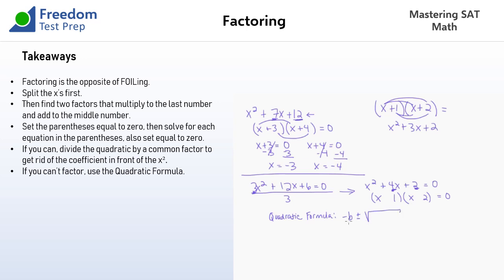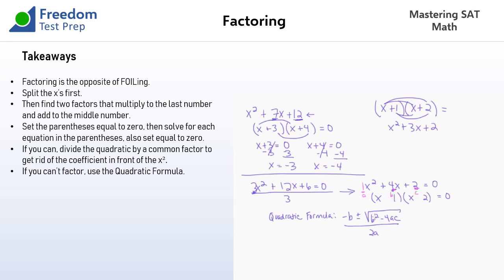Okay, so we've got negative b plus or minus the square root of b squared minus 4ac, and the whole thing is over 2a. Now, let me explain. So for this equation, we have an implied 1 here, okay? So this is a. The number attached to the x squared is always a. The number attached to the x is always b. And the standalone number